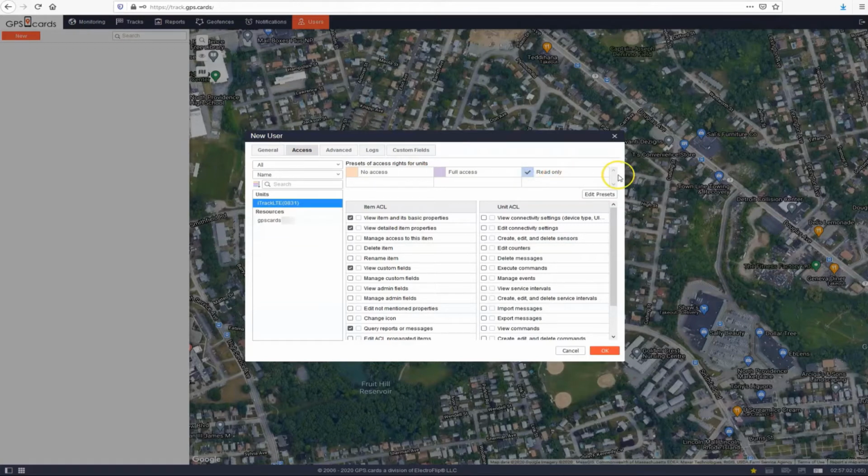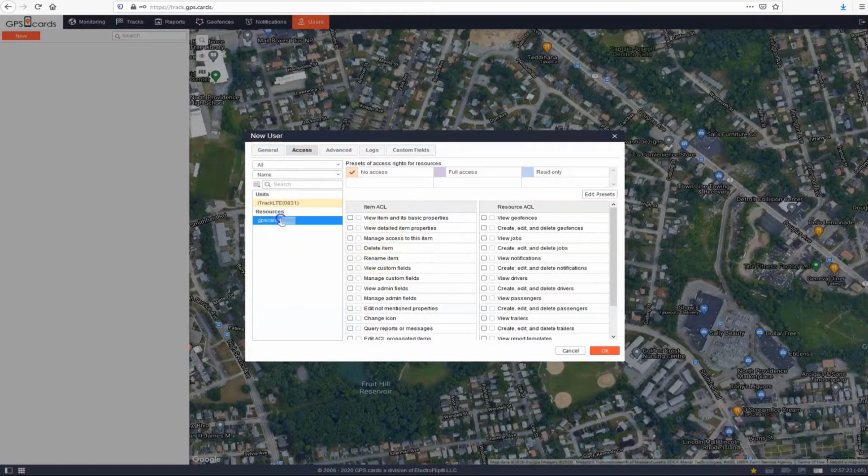Maybe you only want them to see where the unit goes and that's about it, but you don't want them to make changes or edit the name of the unit or edit the icon of the unit, things of that nature. For the purpose of this demonstration, I'm going to put full access for this unit, for this user.